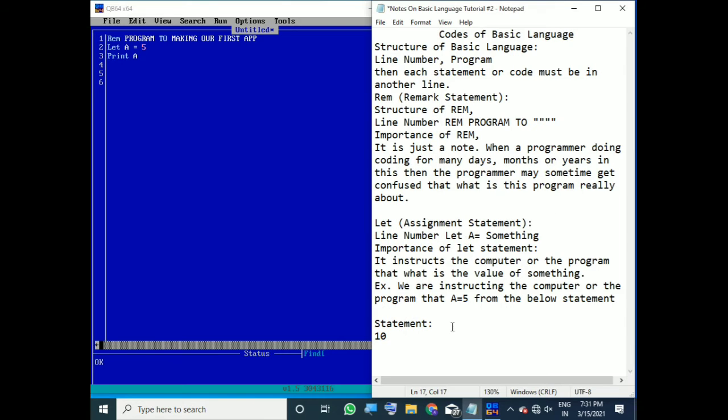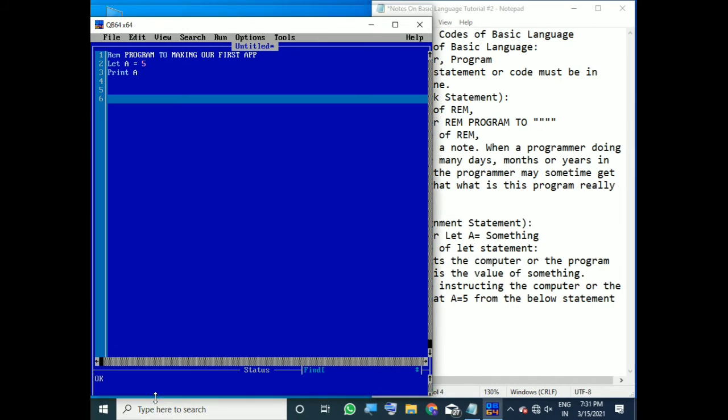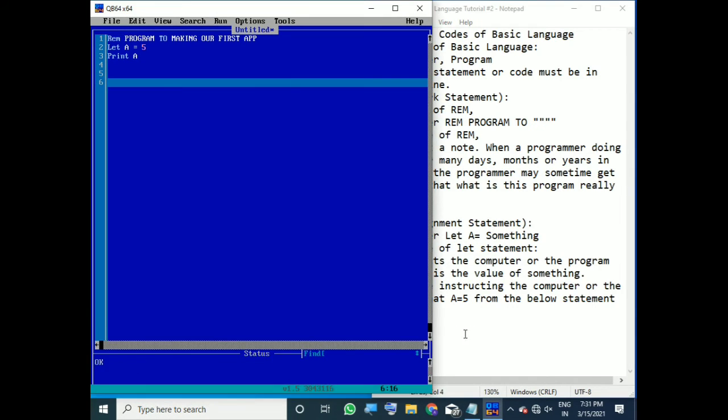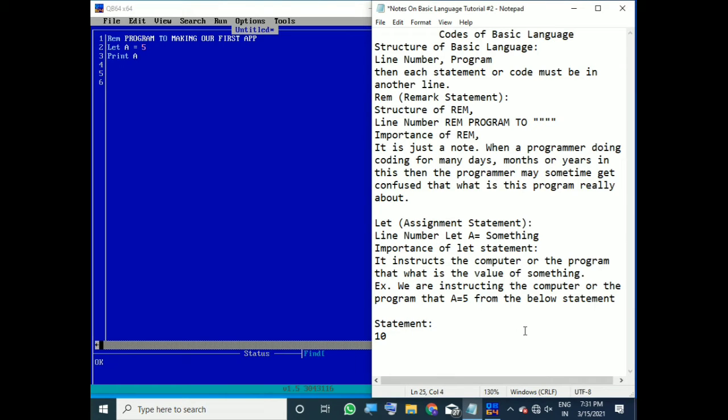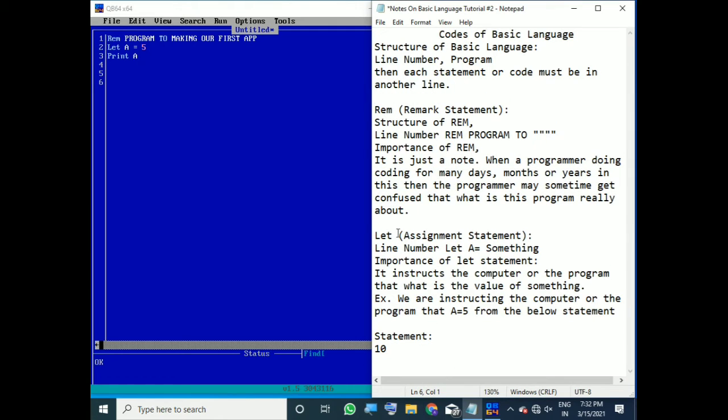If I tell you to memorize everything thoroughly, everything that is present in the book, suppose I tell you to memorize geography, history, civics all at once, then you can't do that. You will memorize it part by part. At first geography, then this. So that thing is like that. So this means that it must be in another line.